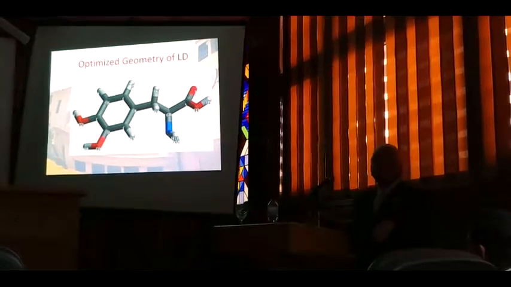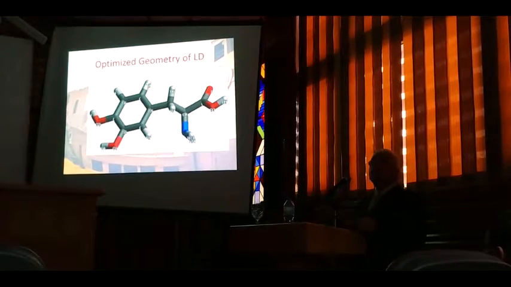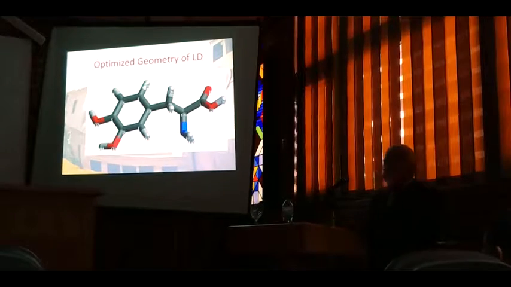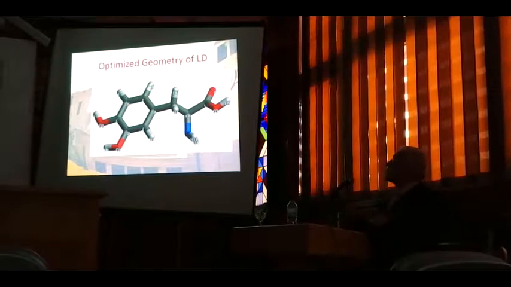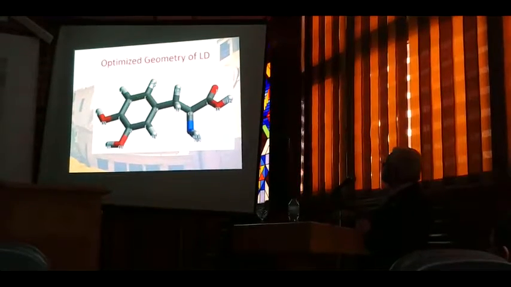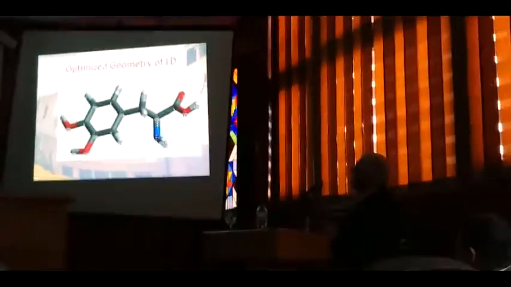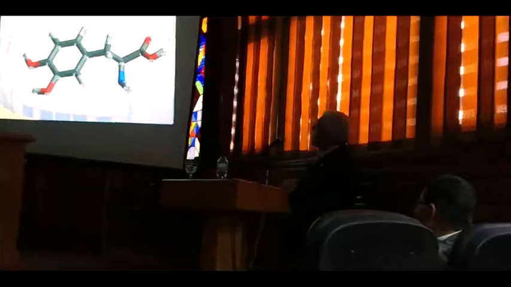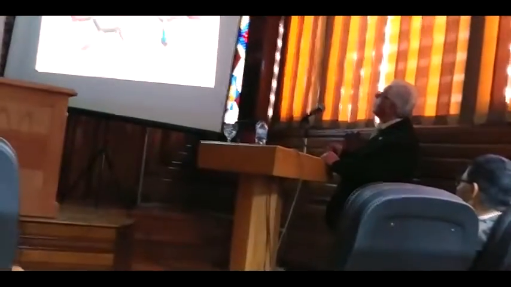Levodopa was very easy. With simple optimization, we arrived at a structure where the potential energy surface is really a deep parabola, and a deep, clear global minimum is evident. If you notice here, the orientation of the carboxylic group and the amino group are away from each other, and this suggests that the zwitterionic structure is not easy, and this is a rare one, because the zwitterionic structure is some 70 kilocalories above the ground state.